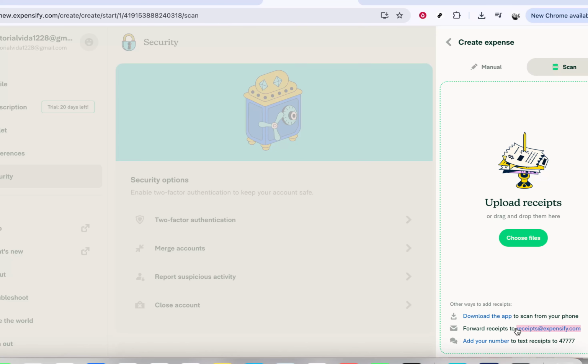Now open your email app or email service in a new tab or window. Create a new message and in the To field, paste the email address you just copied from Expensify. From now on, whenever you receive a receipt in your inbox, you can simply forward it to this address. Expensify will automatically scan the receipt, read the amount, date and merchant, and create an expense for you in your account. For best results, make